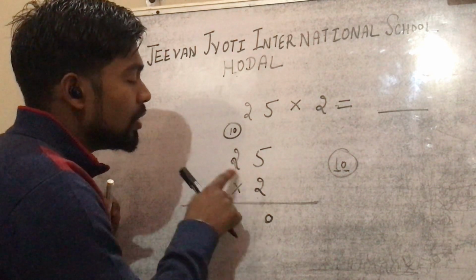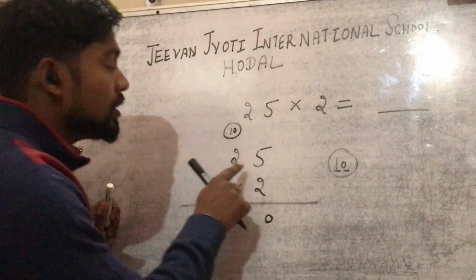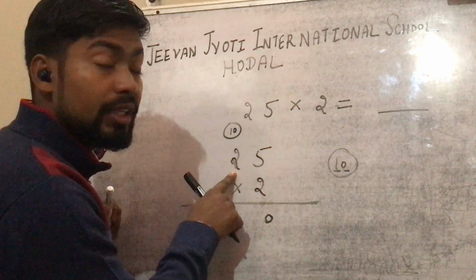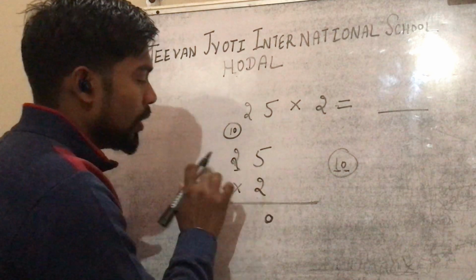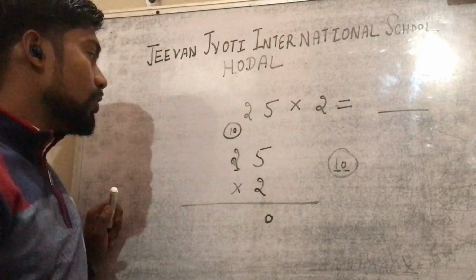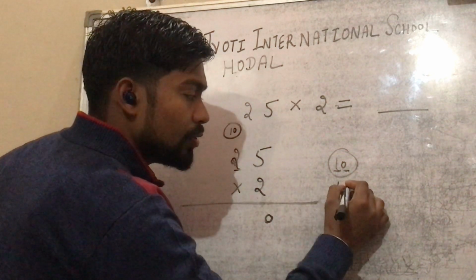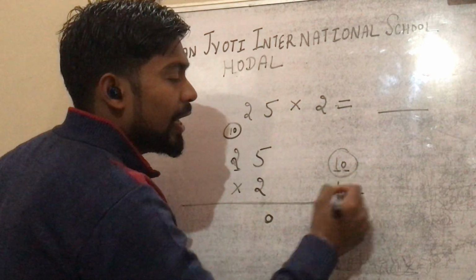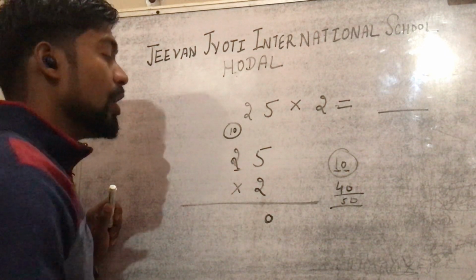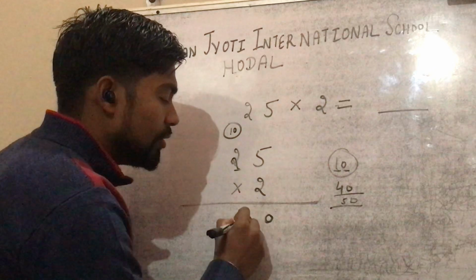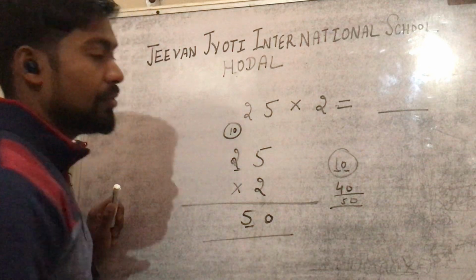Like 2 2's are, 2 multiplied by 2 comes out to be 4. But this is not 2, this is 20. I am teaching you right now. This is the tens place number, so this is 20. But we call it 2 2's are 4. That 4 is not 4, that is 40. And when we add 40 with 10, it comes out to be 50 here. But it is a tens place number, so we will write here 5. So this is 50 plus 0, it is 50 now.